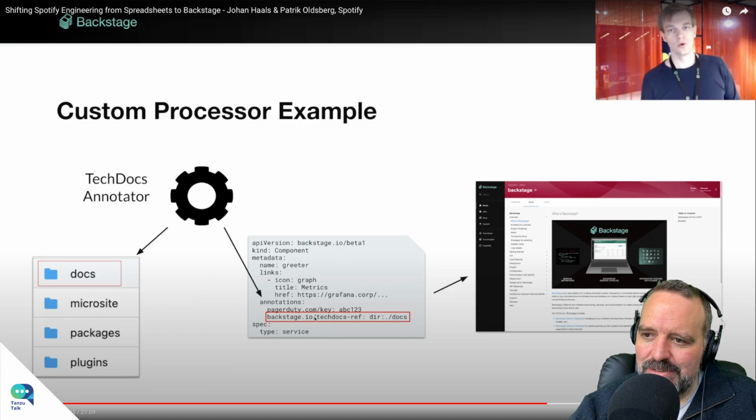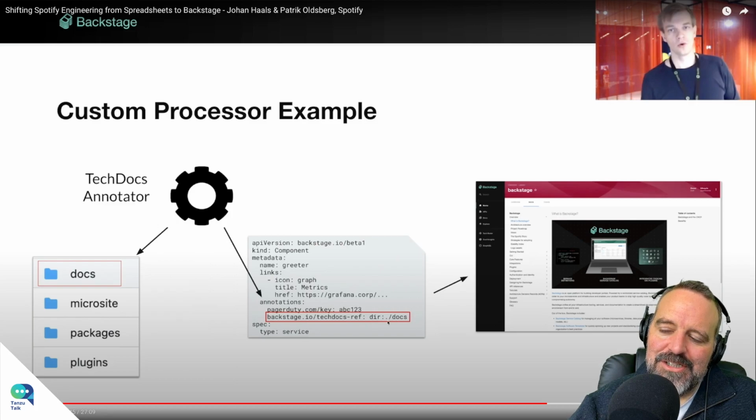So someone has generated this, and this probably, because you've got a PagerDuty one too, so you're adding another annotation. And I'm guessing this is like some configuration. So you're saying the TechDocs plugin, you probably standardize that for any given thing, there's a /docs directory that has the docs. So down here, in addition to listing the PagerDuty thing of status or whatever, it also lists click here for docs, and it just knows that the convention is you should have a docs directory or something. I'm not sure.